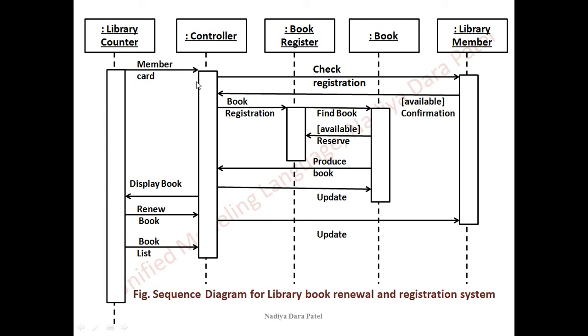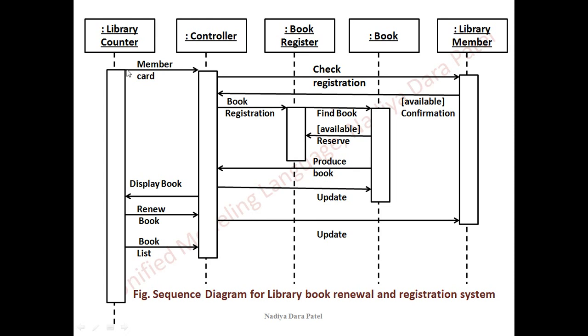Here I have placed all the important and all the possible objects on top of the sequence diagram. I have drawn the lifelines and the activation box with respect to the extent of that object remaining in the system. The book register, according to me, was not going to remain for a long period of time, so I have kept it small or short.